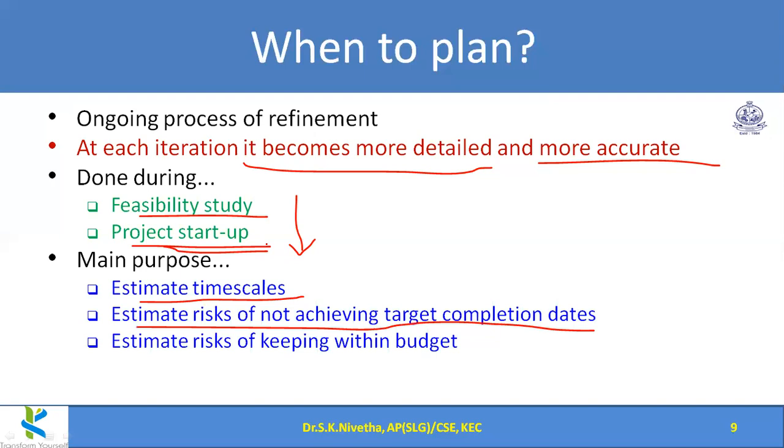That is success. So our overall aim in almost the complete software project management, the full step, everything is required for achieving success. Achieving success, in terms of what we can think of, is completing the project on time, within budget, with required quality. So these three are the key points here. And we can estimate risks of keeping within the schedule and within budget. These two are the main things, and quality should also be maintained while doing this.